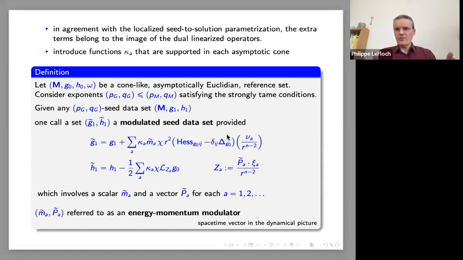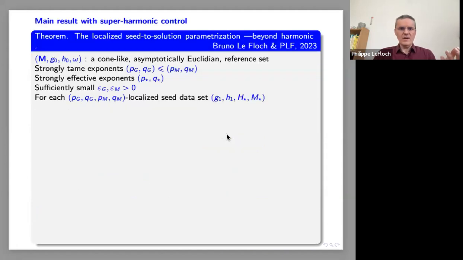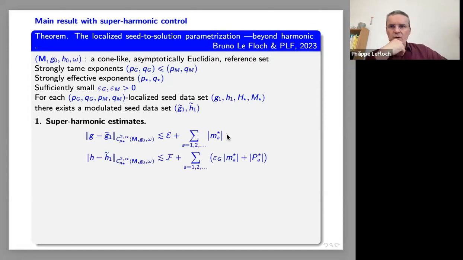Okay, so the theorem that you can now guess is the following. If you give me a cone-like asymptotically Euclidean reference set, where I want to parametrize, I understand how to parametrize my solutions, I parametrize a solution with certain exponents, and I evaluate now my solution with other exponents, which I call P star, Q star. And under the inequalities I mentioned before, I'm able to indeed establish super-harmonic estimates. So the statement is now that if I have some seed data and I construct an exact solution, the exact solution is not going to agree